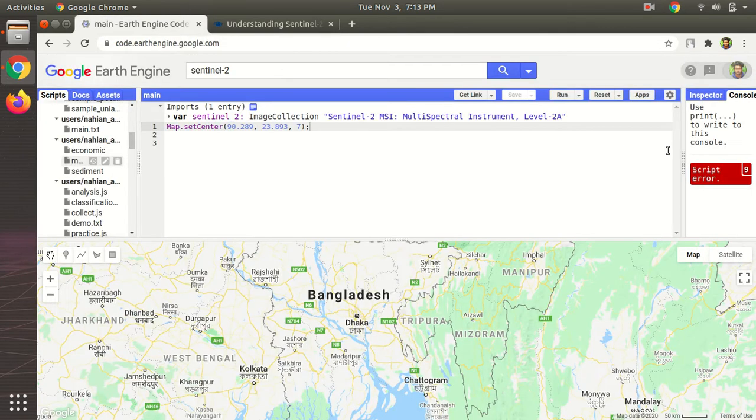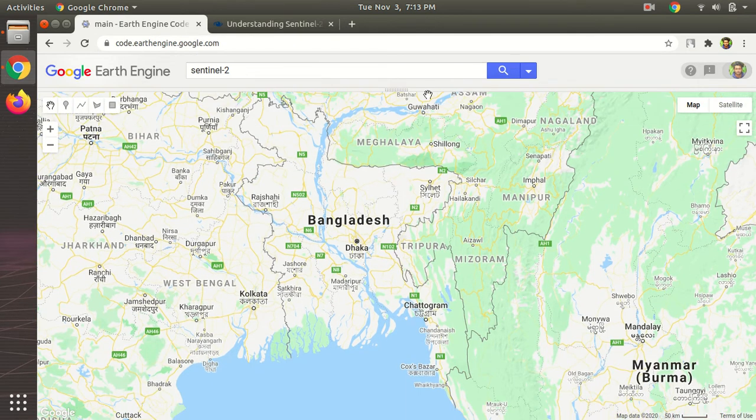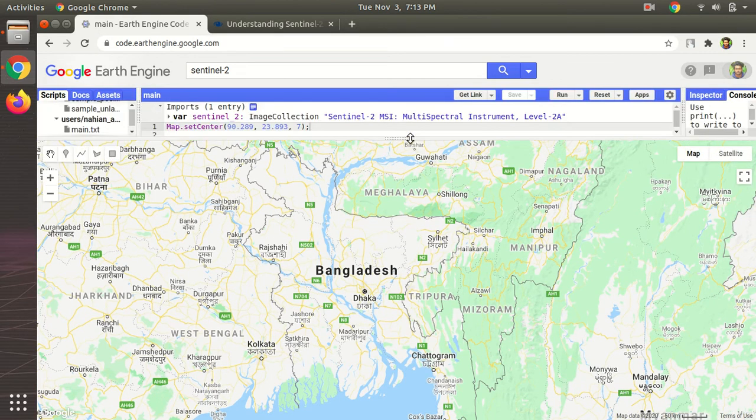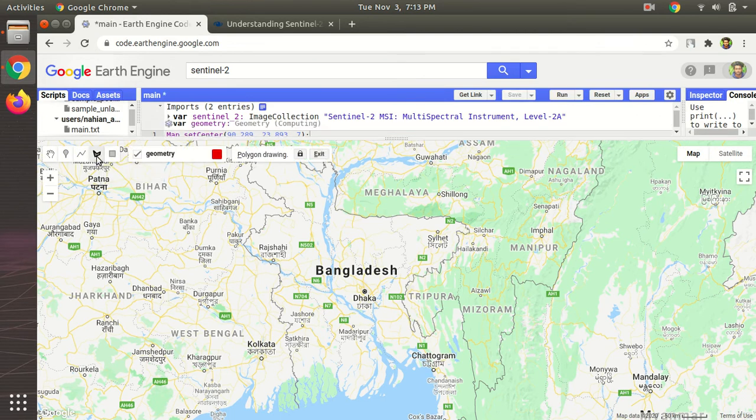So what we are going to do now, the first thing is get an approximate shape file or get a geometry for Bangladesh. How can we do that in Google Earth Engine? We can go here, we can draw a shape, and it has started drawing a shape called geometry. So we are in the drawing mode.